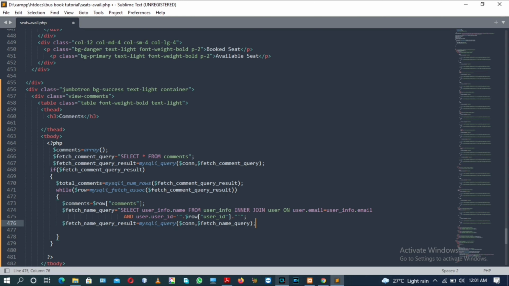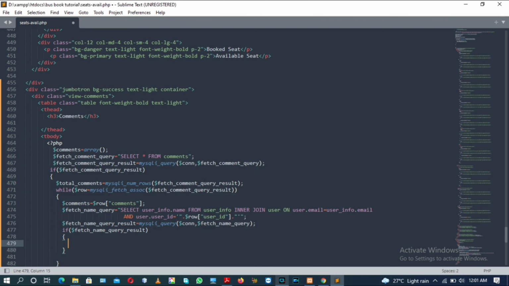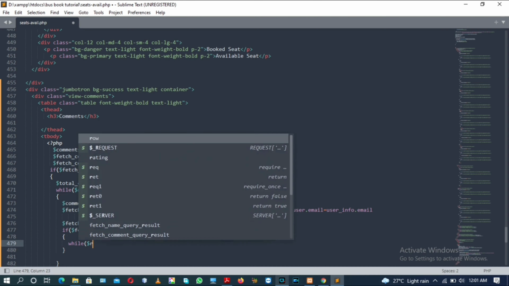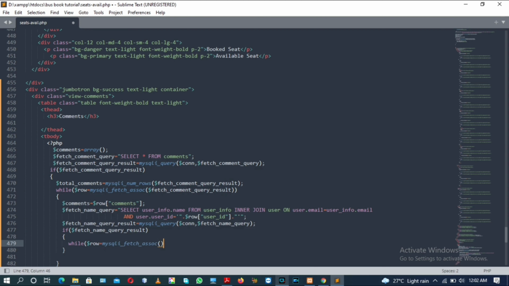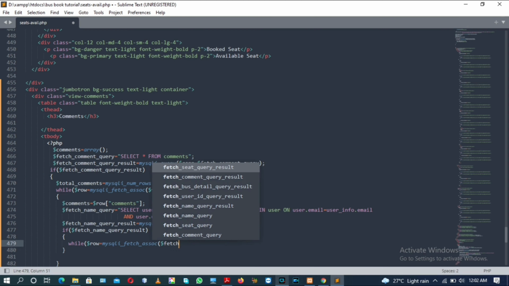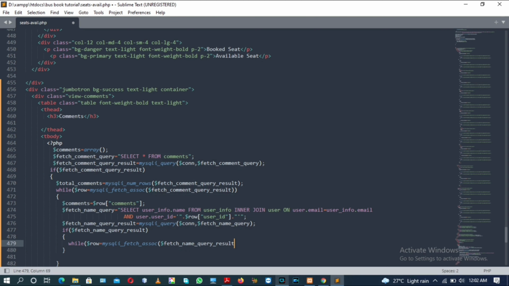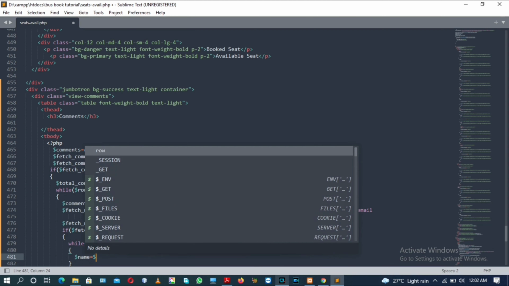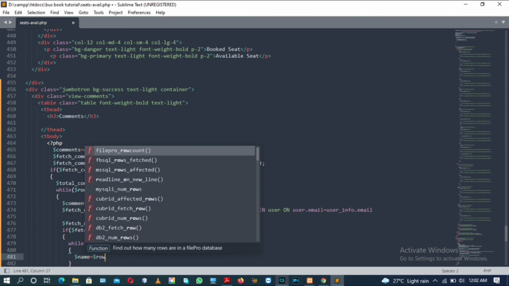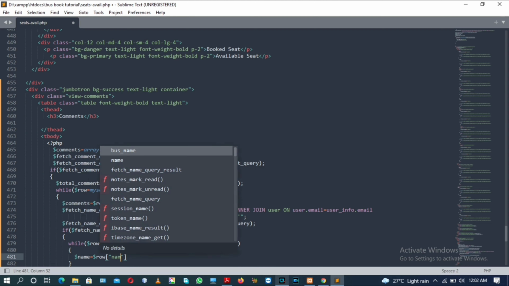So after this MySQL query, if the variable fetchNameQueryResult gives true, then we will have a while loop that will fetch the name of the author who has given the comments, using mysqli_fetch_assoc with fetchNameQueryResult. Inside the while loop we will have a name variable that fetches the name from the database table, using the row variable and the index name as the name of the column.